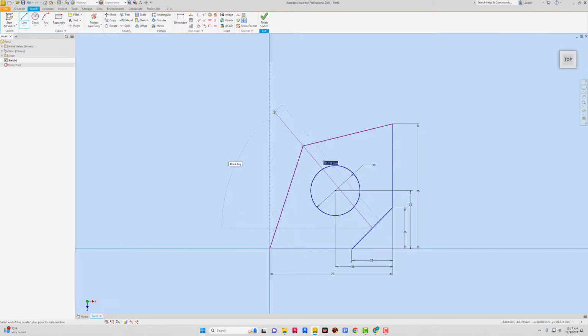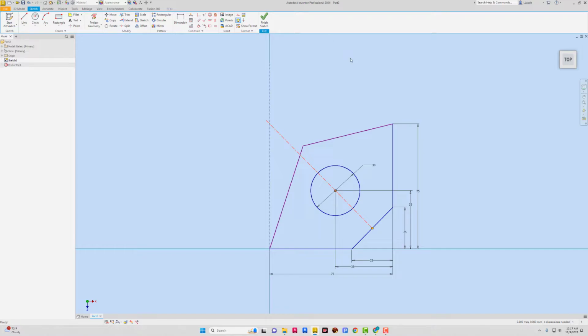And let me just draw it kind of out of whack there. I'm going to do a constraint. I'm going to use a coincident. So I want this center to be somewhere on this line. So it moves it over like that. So there we go. And then what I want to do now is change this back to